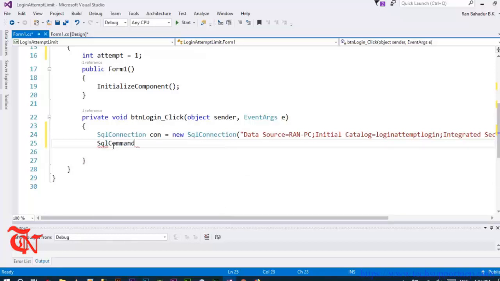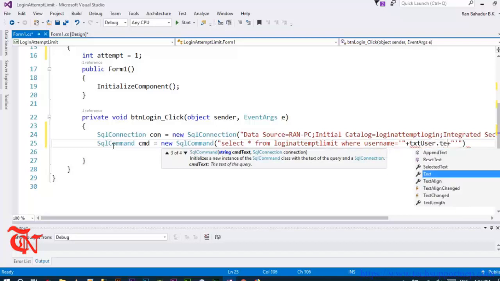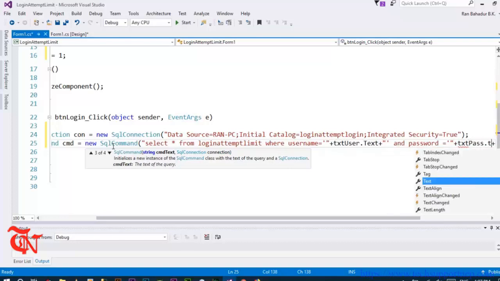So for this, SQL command cmd is equal to new SQL command. Here goes select all from table name login attempt limit, where username is equal to two single quotes inside two double quotes, plus txt user dot text, and password is equal to, similar process, txt pass dot text, and